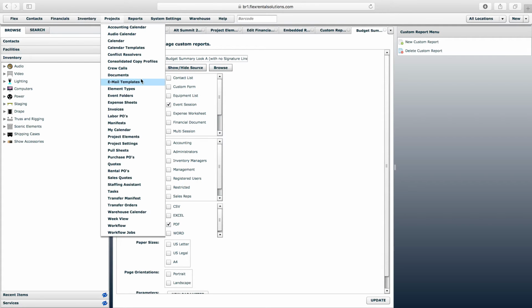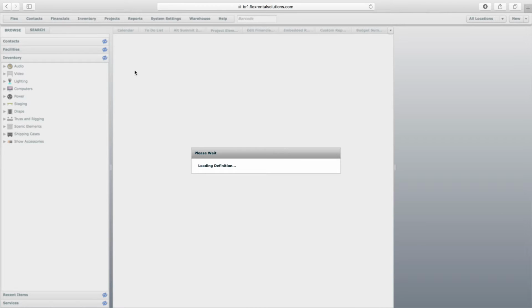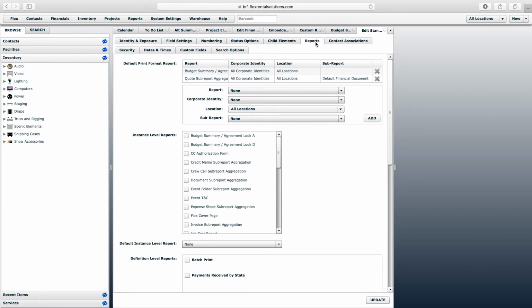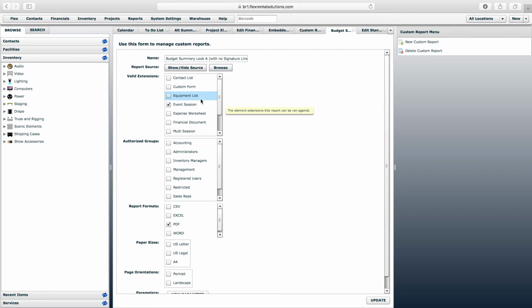But then we have to enable that wherever we want to use it. So I'll go to Projects, Project Elements, and we want to use that from Event Folder. So we'll double click Event Folder, go to the Reports tab, and enable that. And I may not have enabled the correct one. Let's go back to our custom report. Might be a standard element, but I'll just check some of these other ones too just in case. But I think the event folder is considered just a standard element. Let's try that. So let's go back,